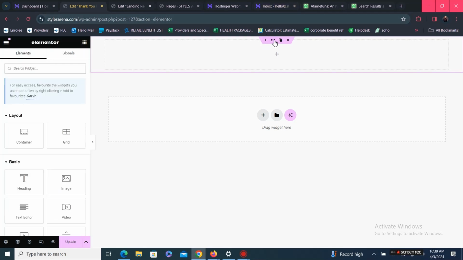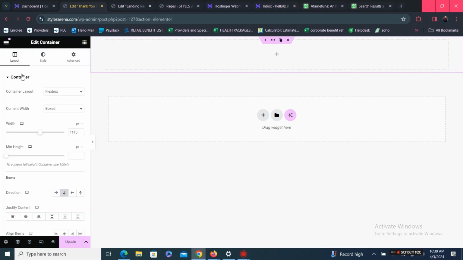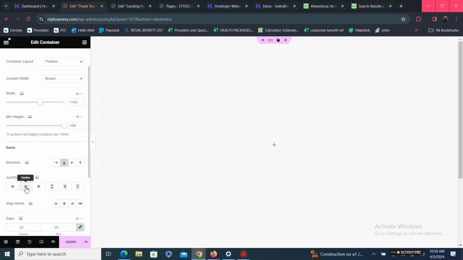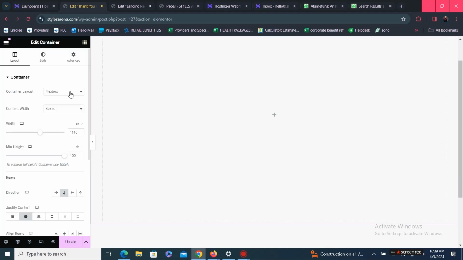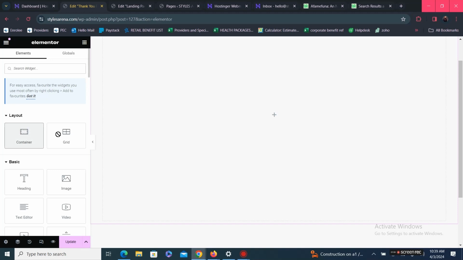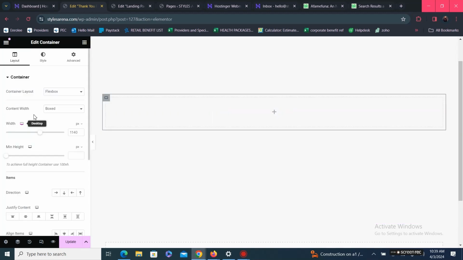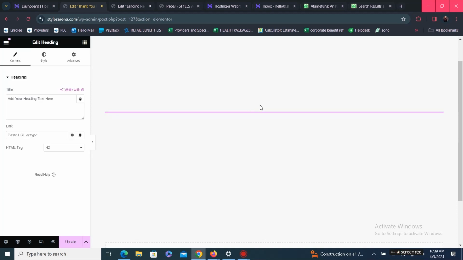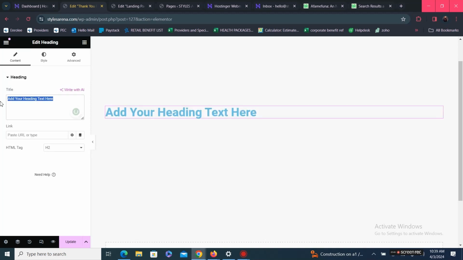Alright, so let me just first of all increase the size of this single structure container. Let me change the layout, this min height here to VH, and then give it 100. Very good. So let me justify it to the center. Alright, and then let me now drop a container here. Alright, very good. And then I will drop a text widget here as well. Very good. So now let me change the text widget here to something like